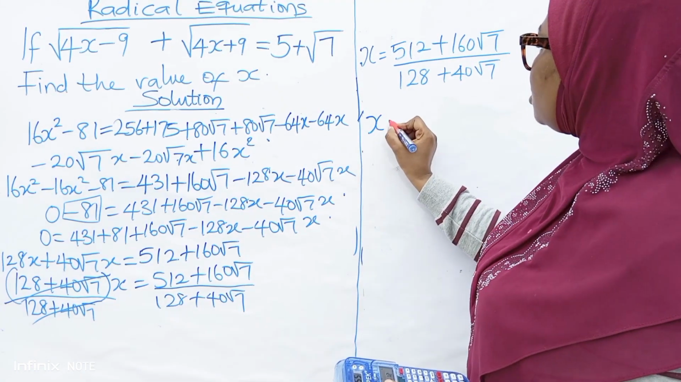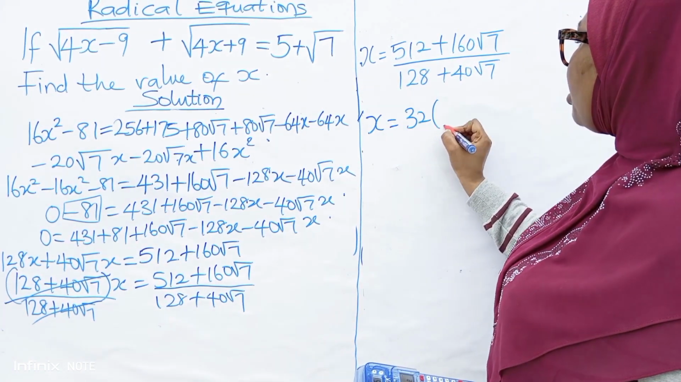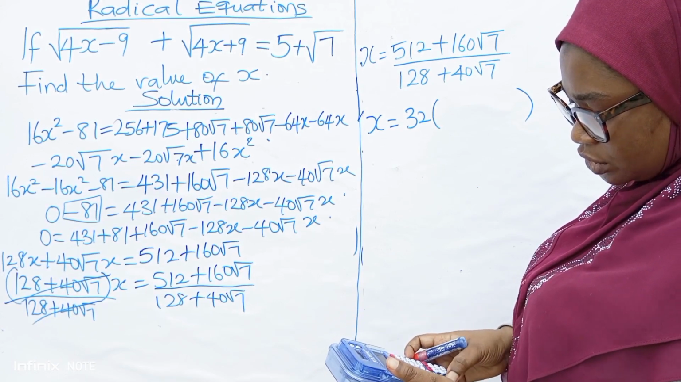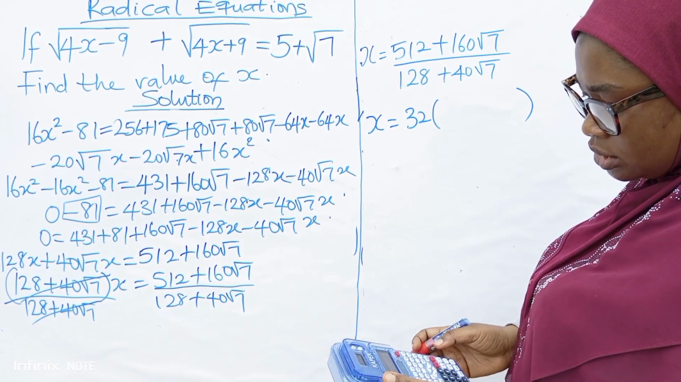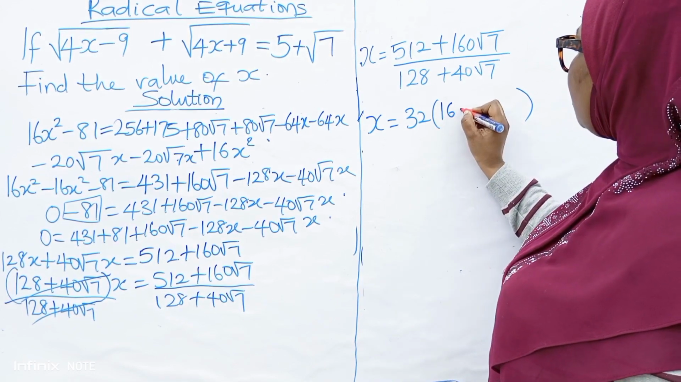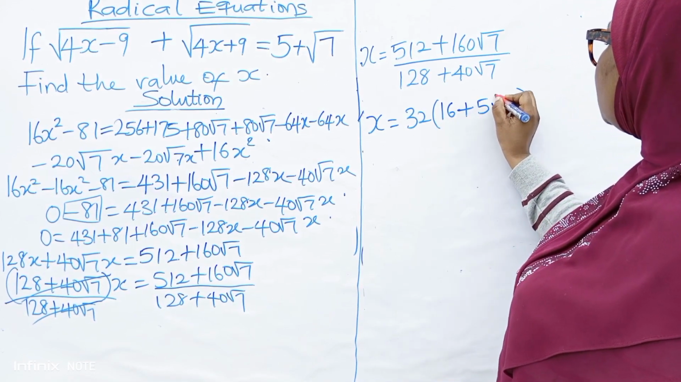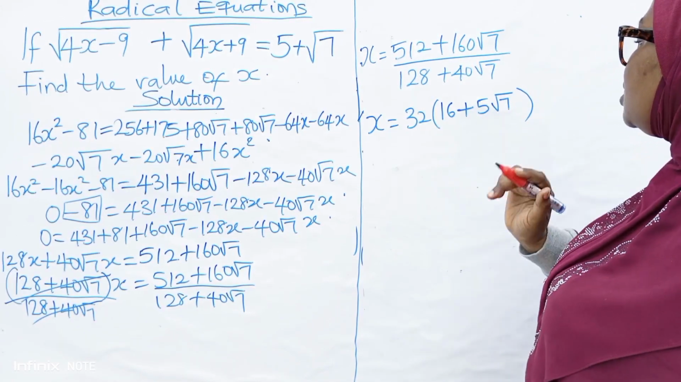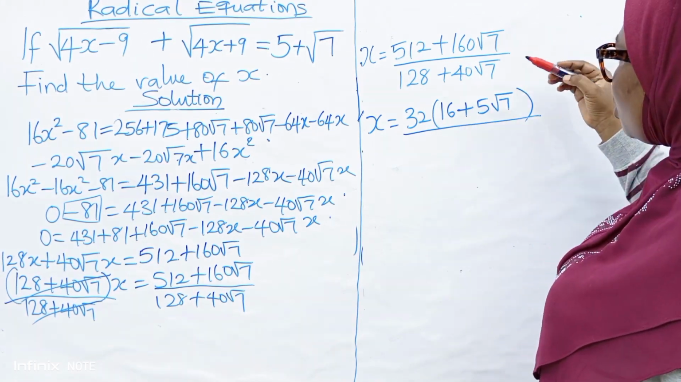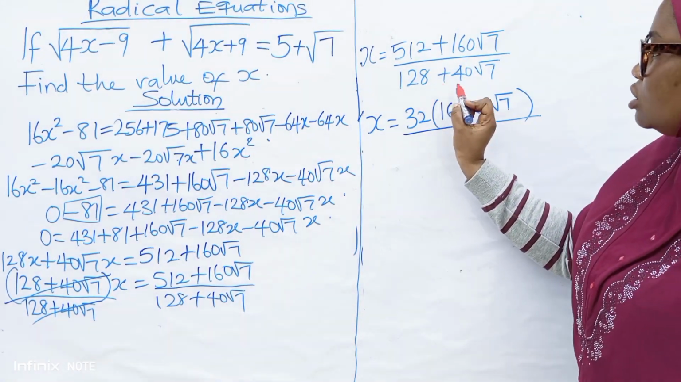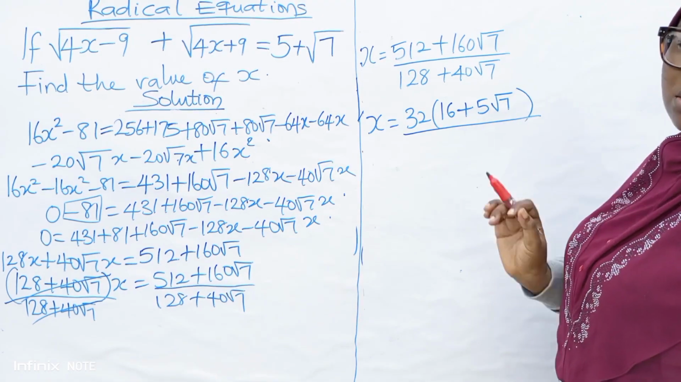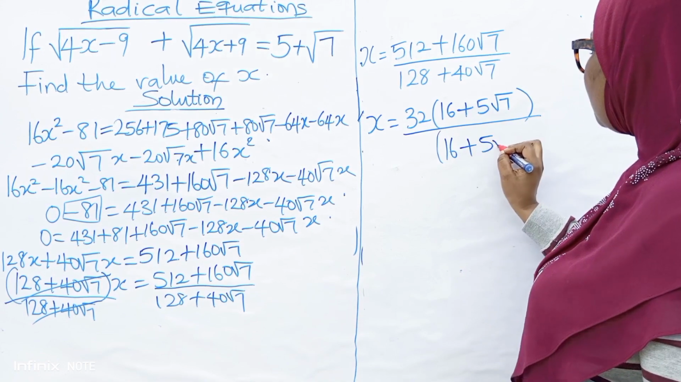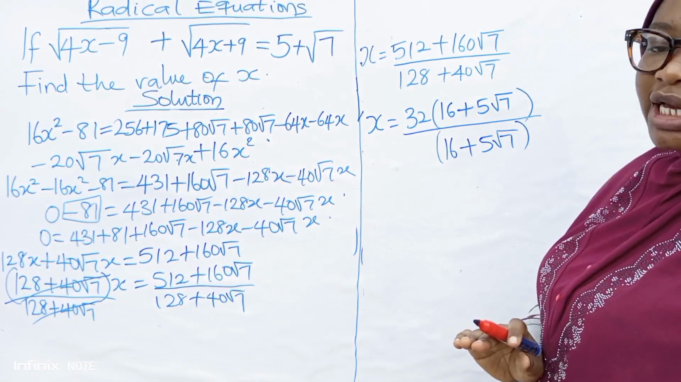So I have x is equal to 32 into bracket. Let me see. 512 divided by 32, that is 16. Then plus 5 root 7. That is 160 divided by 32 is what? 5. Then root 7 divided by. So I want the denominator to be in form of the numerator as well. So I want it to be 16 plus 5 root 7. So what am I going to multiply